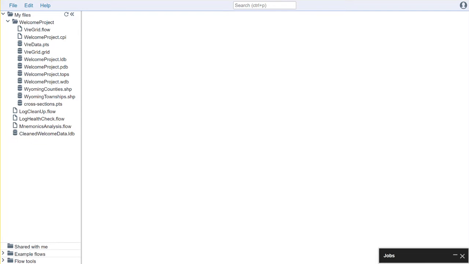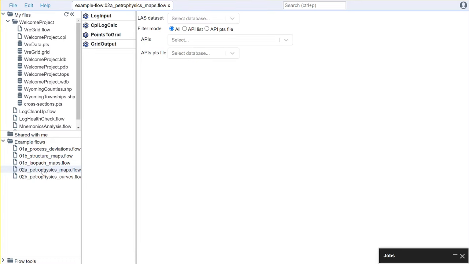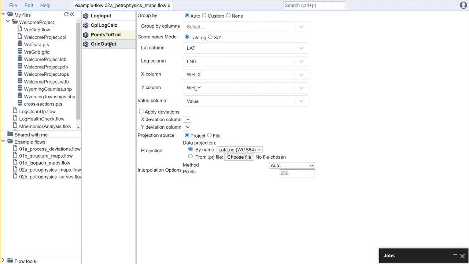In this video, I'm going to go over how we can make a series of grids from our petrophysical interpretation. Let's get started. So instead of building this flow from scratch, we're actually going to use a template that's available to us within the software. If you come down here to where it says example flows in your files area and expand that out, and you click on the flow called 2A petrophysics maps.flow, you can see it gives us a starter flow that's available